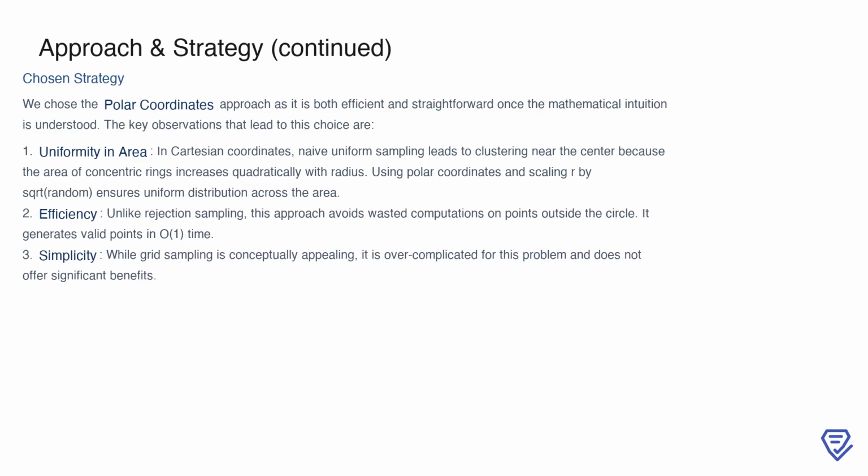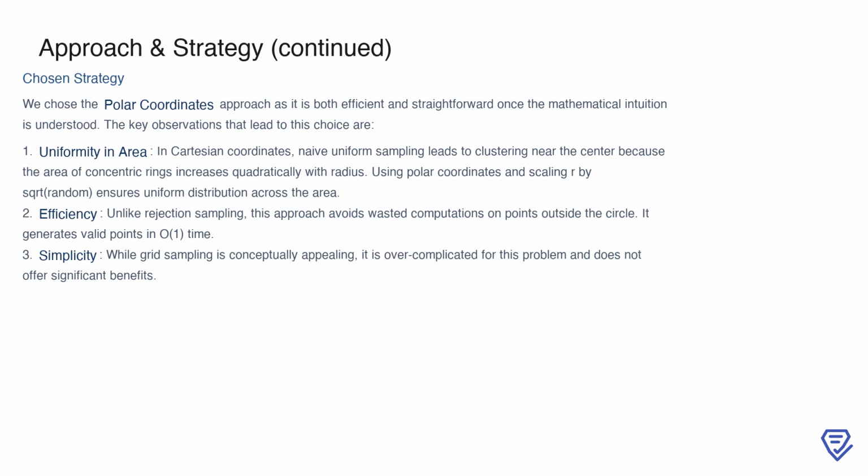On the other hand, grid sampling can be effective when dealing with static circles and a large number of queries, but it introduces pre-processing time and added complexity, which may not justify its use in dynamic scenarios. In terms of overall complexity, the polar coordinate method achieves constant time and space per point, as it avoids additional data structures or pre-processing. This balance of efficiency, simplicity, and accuracy makes it the optimal solution for generating random points